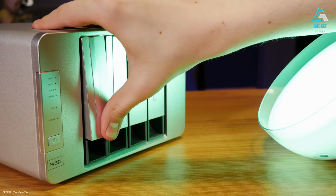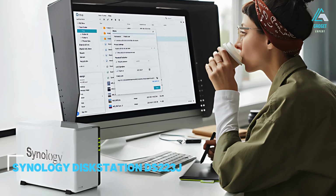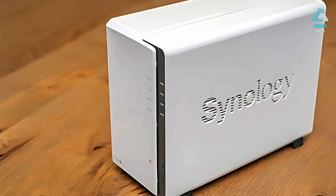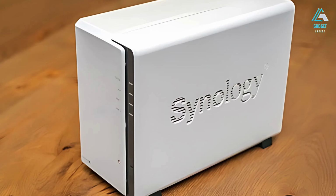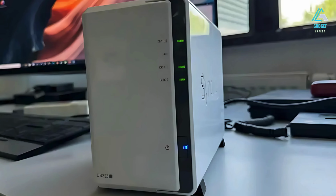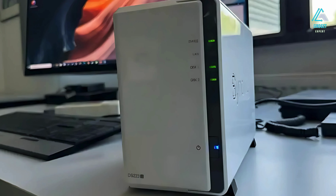Let's get started. Number 5. Synology DiskStation DS223J. There's little reason to consider anything other than the Synology DiskStation DS223J for a NAS that won't cost much. This enclosure costs less than $200, yet manages to house two 3.5-inch drive bays for up to 40 terabytes of